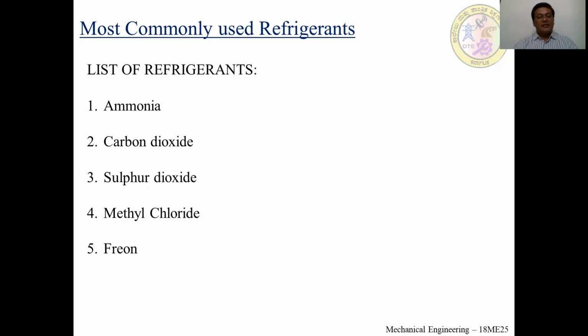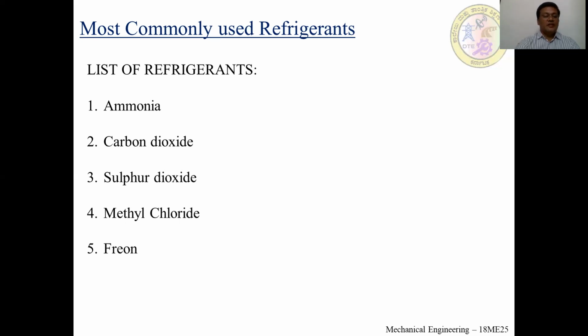So in earlier days, sulfur dioxide was one of the most commonly used refrigerants, especially in domestic refrigerator systems. It has better thermodynamic properties, but a low refrigerating effect and high specific volume. Along with this, sulfur dioxide has some drawbacks. When it combines with water, it forms sulfurous and sulfuric acids, which are corrosive to metal. That's why sulfur dioxide is also not preferable for the domestic refrigeration system.